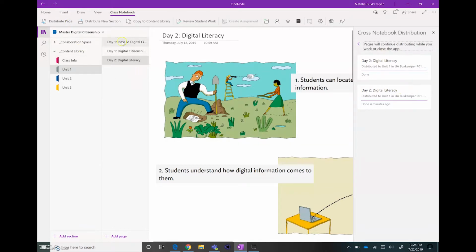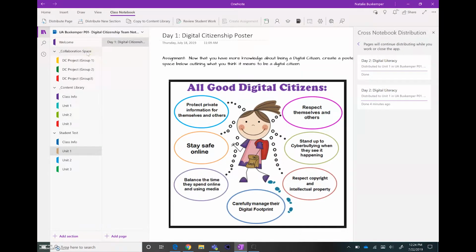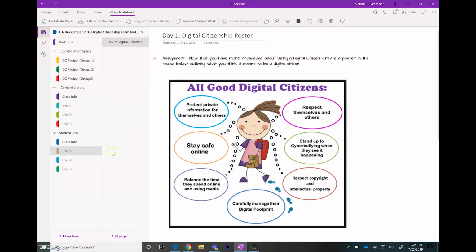Okay, so this is my master notebook. So I'm going to go over to my class notebook. And here is my students file. I just have a student test set up to give you an idea of what it looks like from the student's view. And it should be showing up here, but it looks like it might be lagging a little bit,